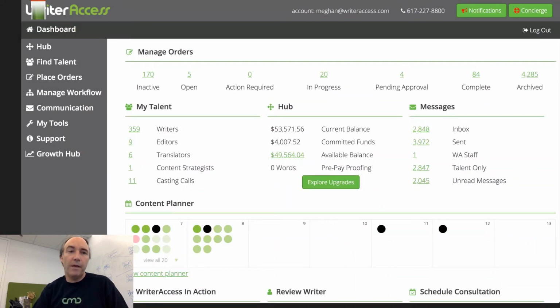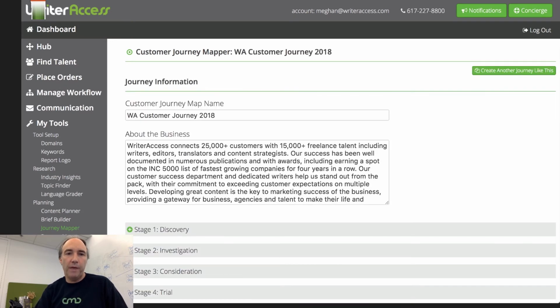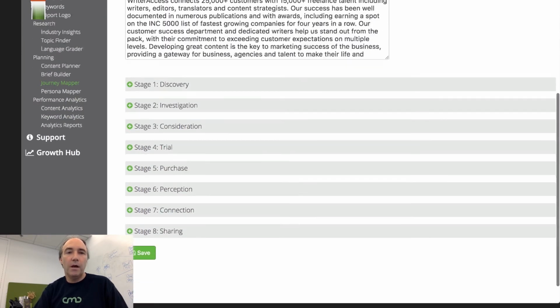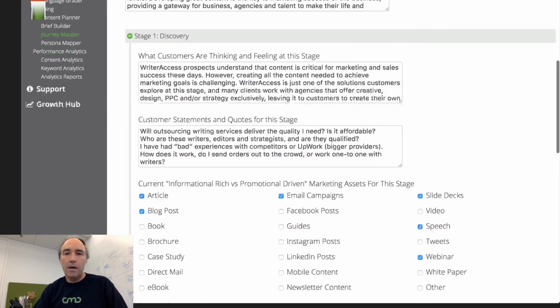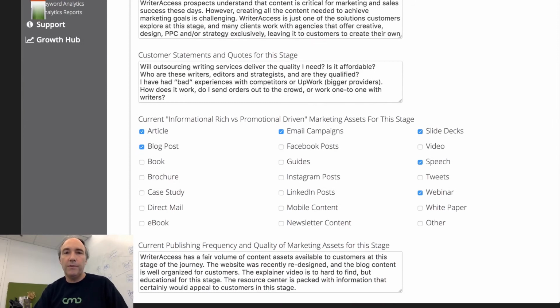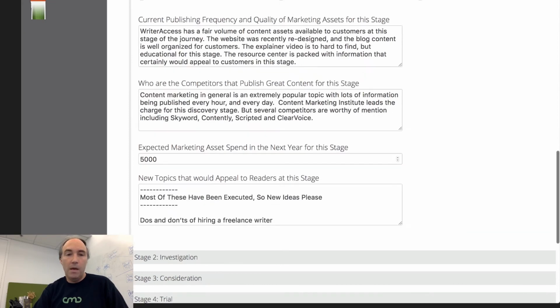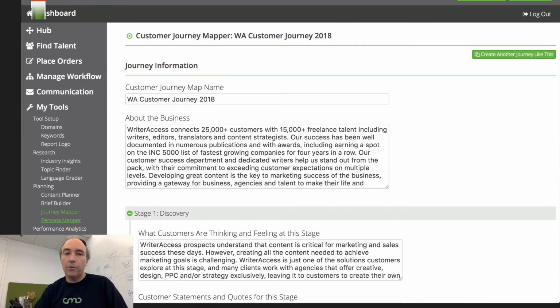So inside of Writer Access, we've got some really cool tools. Let's first go down here to your journey mapper. And here you see a really fast and easy way to create journey maps. Here's one that's actually been created. We've created some boxes and holes to help you quickly develop these with your team and to document essentially every stage of the journey that you choose to create. And I'm going to show you how that gets added to your orders in a few minutes.